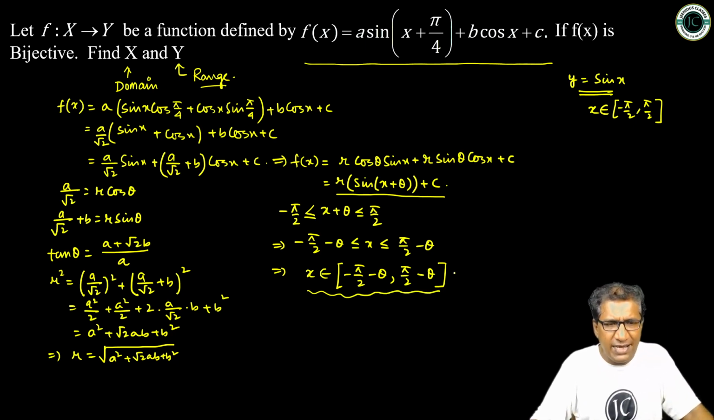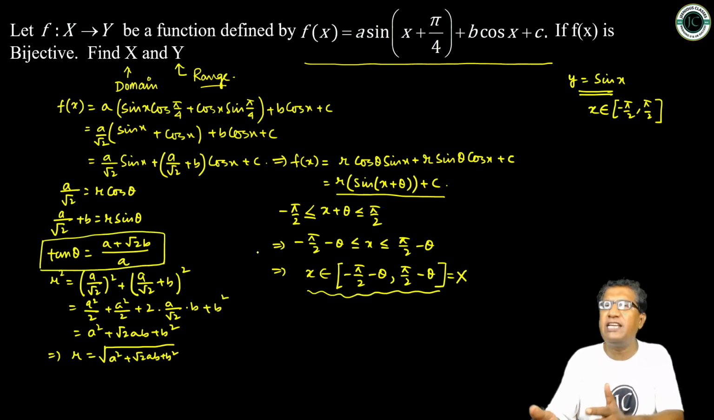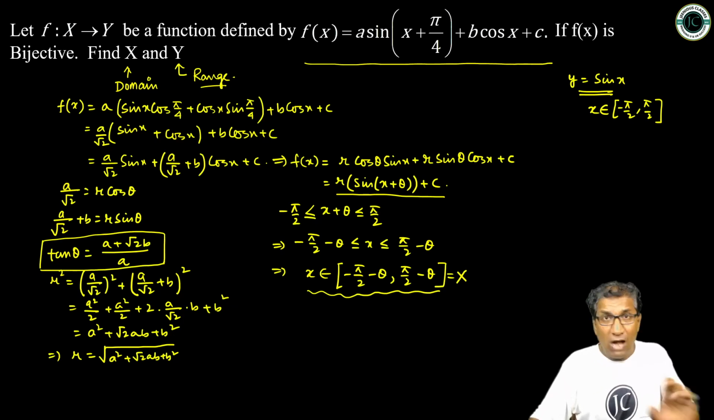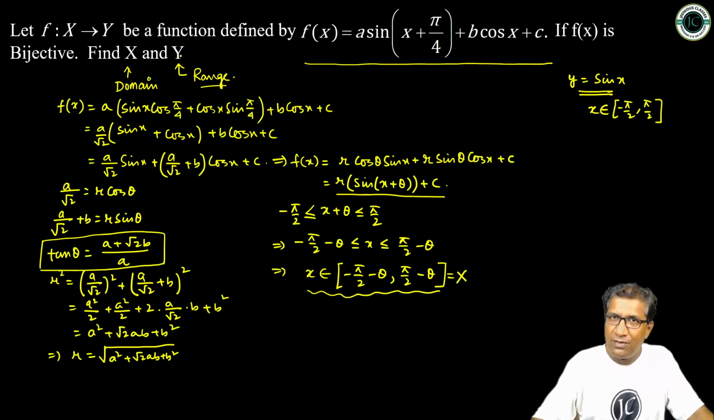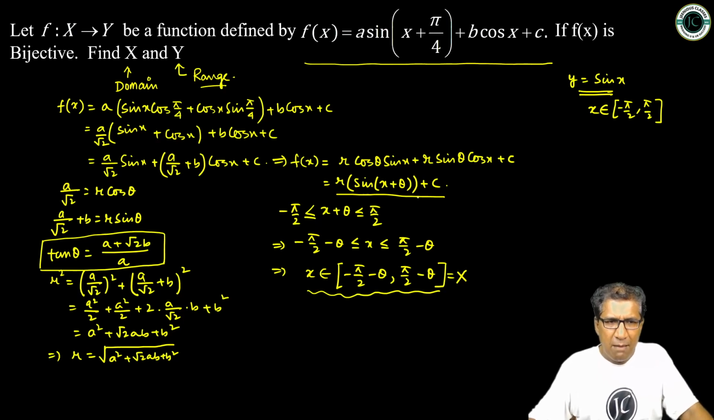Okay, so this is nothing but your capital X. And we all know that I have already calculated theta here. Your tan theta is (a plus root 2b) by a. So your theta will be tan inverse of this thing. Is it clear? So that is the domain. Now we have to go for its range. The codomain is y. Since it is bijective, your codomain will be equal to its range. But यहाँ से देखो,